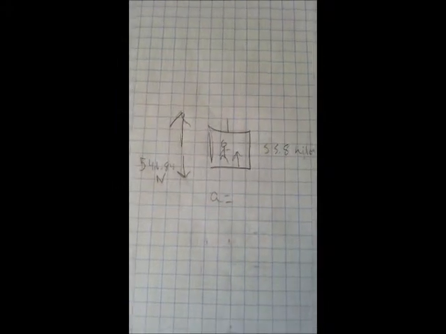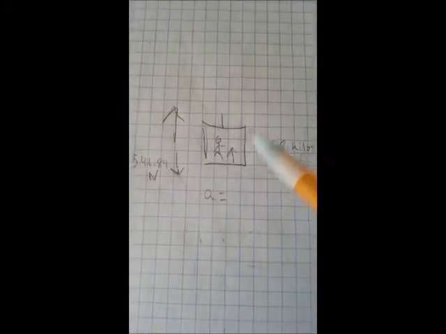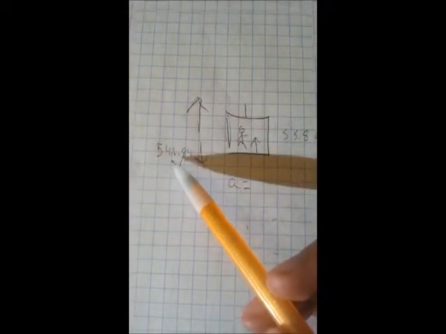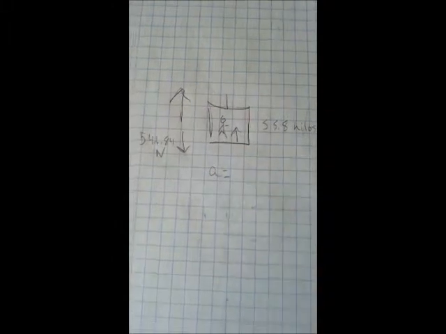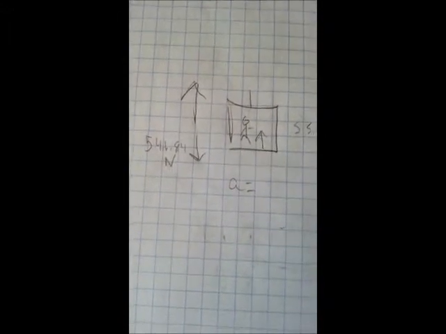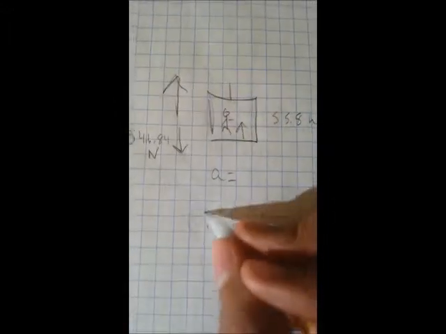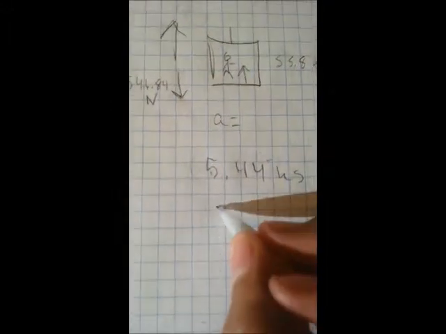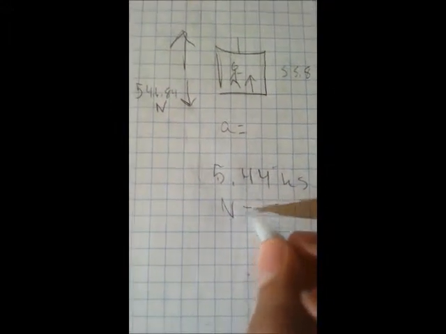Okay guys, time to find the second part, which is when the elevator is accelerating up. We know my mass is 55.8 kilos and my force due to gravity is 546.84, so now it's time to find the acceleration. What I did was watch the scale, which changed from 123 to 135. That change was around 12 pounds, and I converted that to kilos, which was 5.44 kilos, and then converted that to newtons,